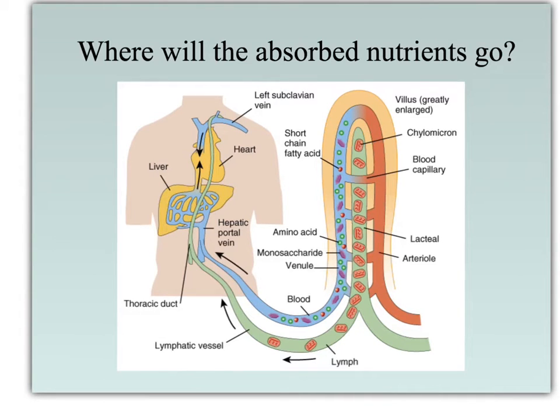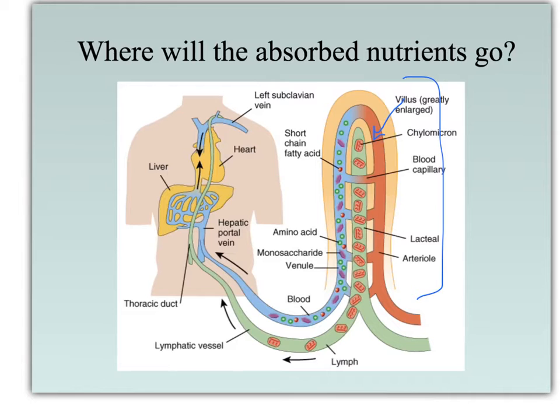So where do the nutrients that are absorbed go? Well, they go into the villus. This is a single villus right here, and it is going to have those capillaries in the background right here. And the food particles that you have digested and absorbed are going to go into the capillary, which is then